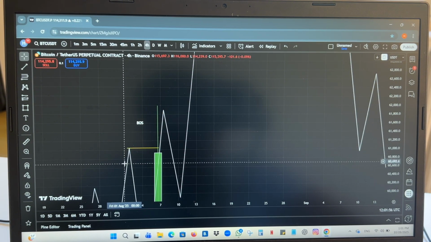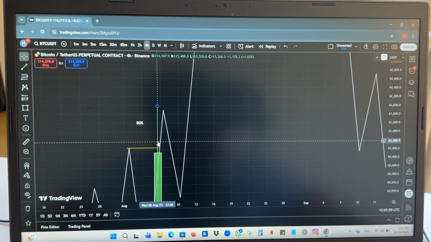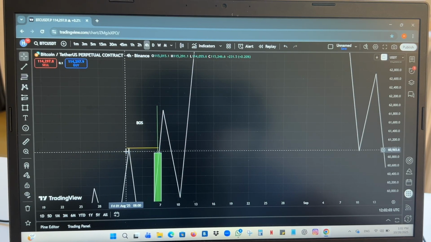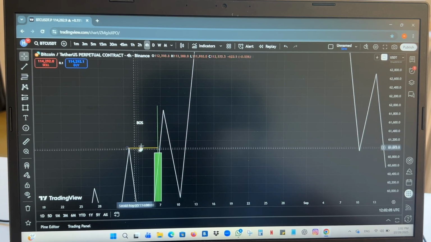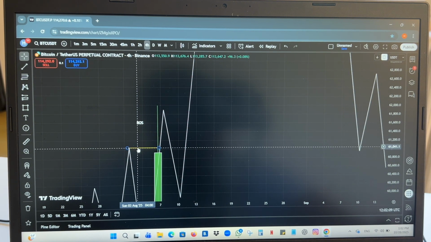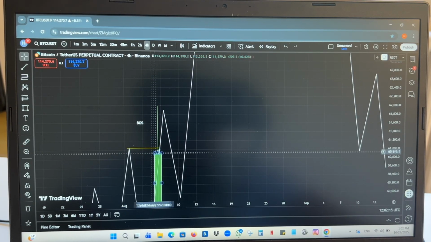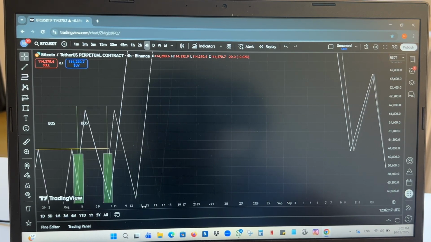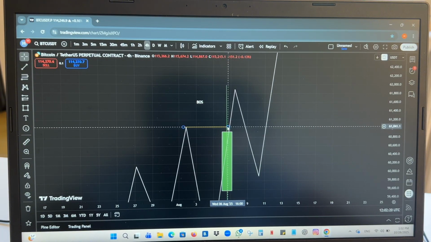Let's say if there's a wick, we are going to go for the wick. We are not going to go for the body at any point. We are going to go for the wick itself. Sorry if I said body, because we are definitely going to be using the wicks itself when you're drawing these lines. So when you zoom it out, you can see that we haven't